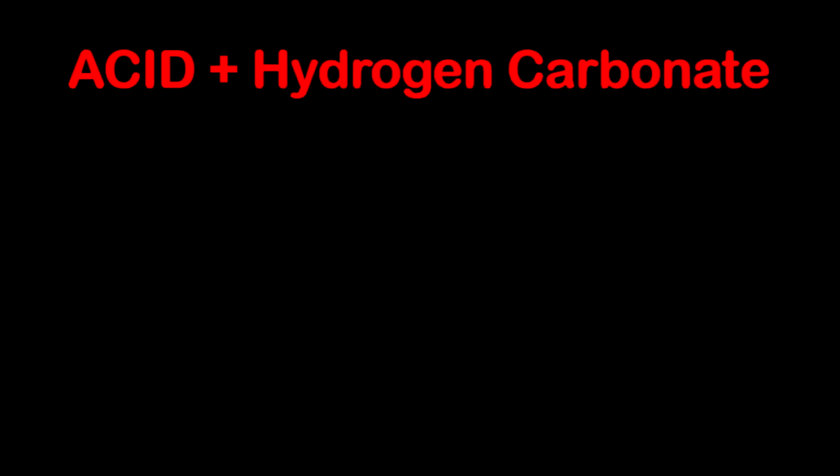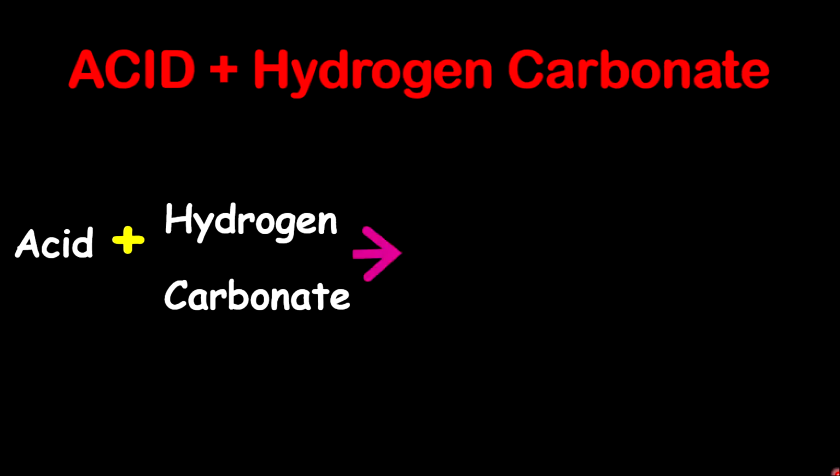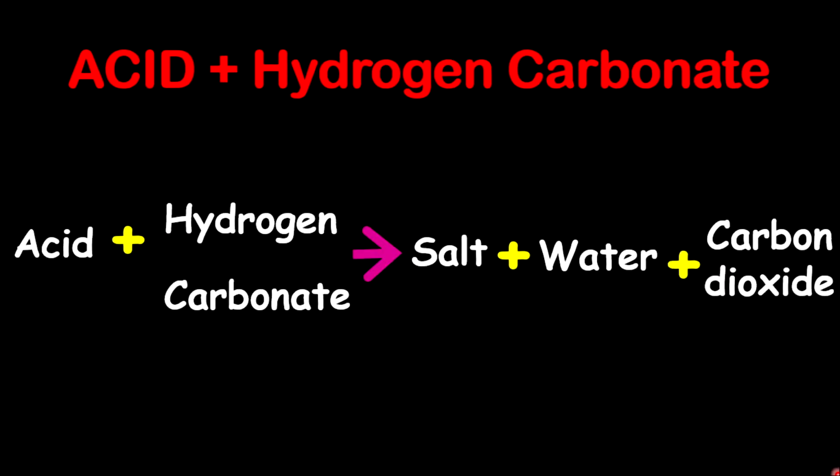Now let's look at the other reaction, which is acid plus hydrogen carbonate. And this will be our last reaction for today. And so acid reacts with hydrogen carbonate to produce salt, water, and carbon dioxide, just like acid reacting with carbonate. Now, an example of this